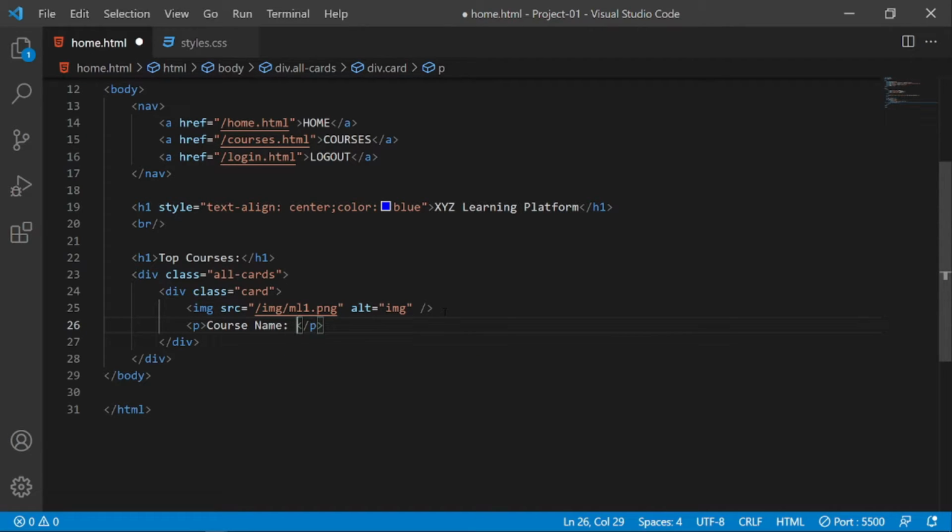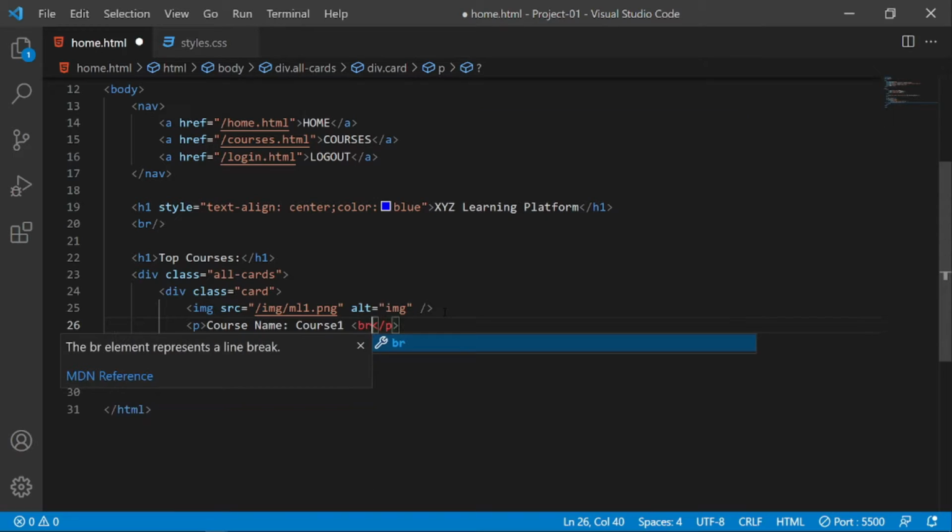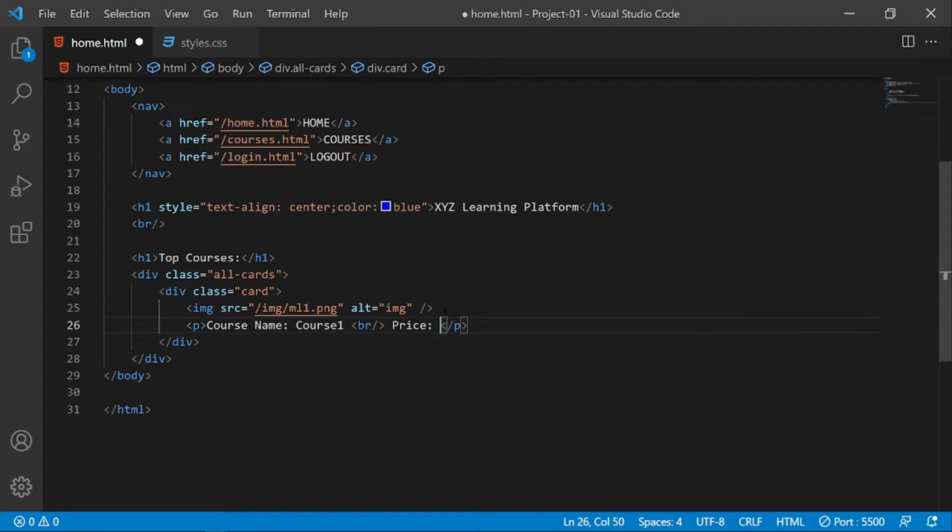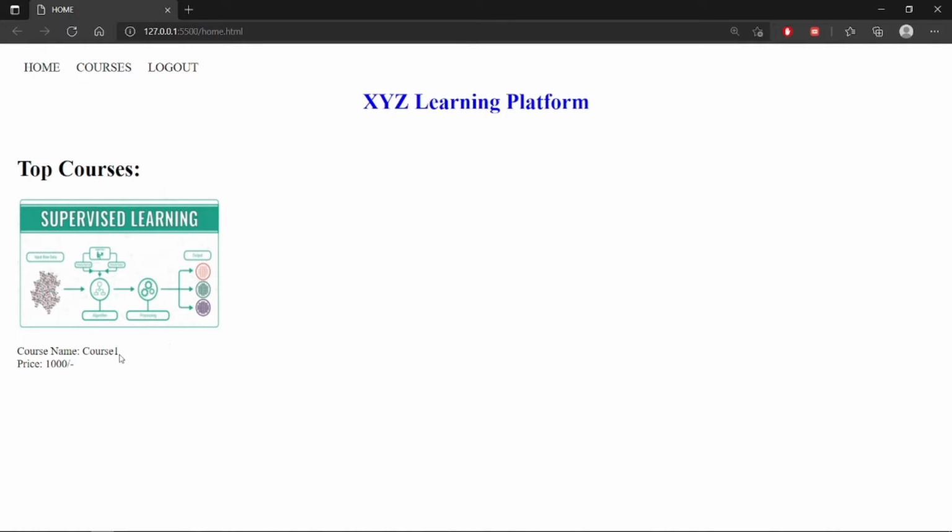For now I'll make it as course 1 as a course title. Similarly I'll break the line here, and the price will be, for now, 1000 rupees. I'll save it. Now it is looking good, but we will add styles to this, but we want to make